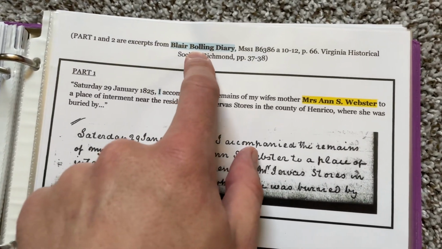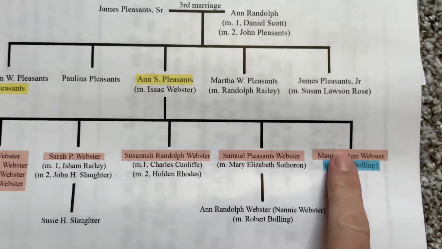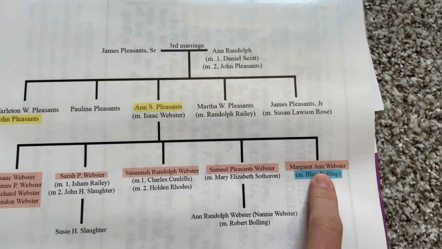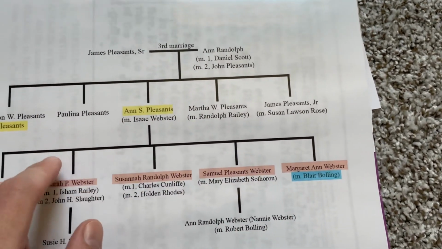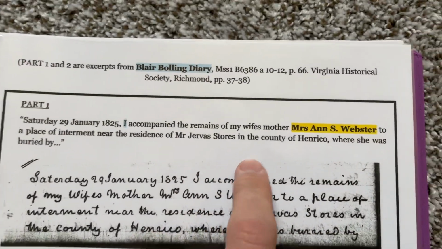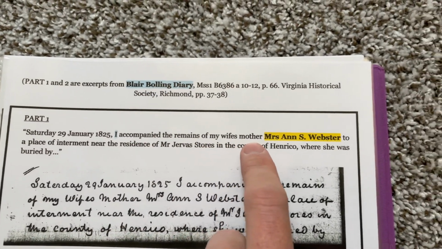So it says Blair Bowling Diary, and it's in blue, right? You may go, okay, who's that? Well, he's the only one in blue, so this is his diary. So it shows who we're referring to in this entire family tree. Because whoever's looking at this is going to go, I don't know who this guy is, how he's connected to us, right? So then he says, I, referring back to him in blue, accompany the remains of my wife's